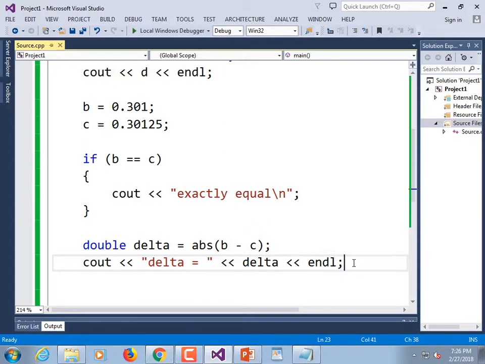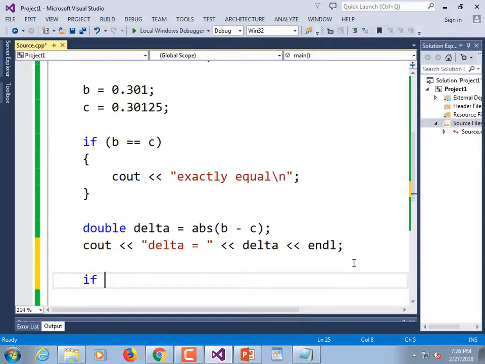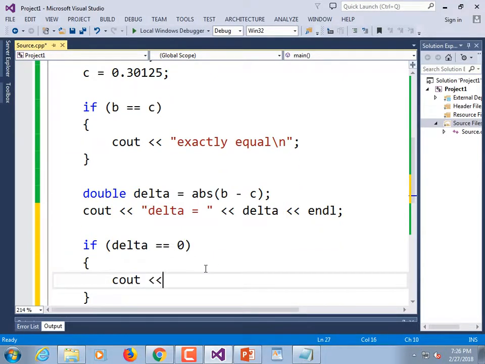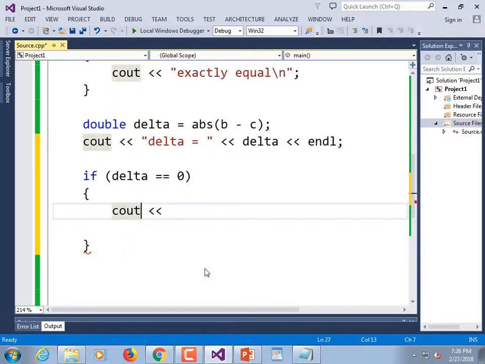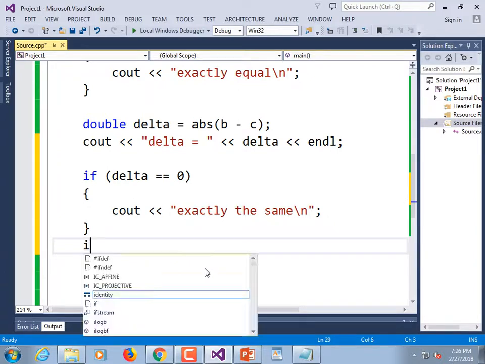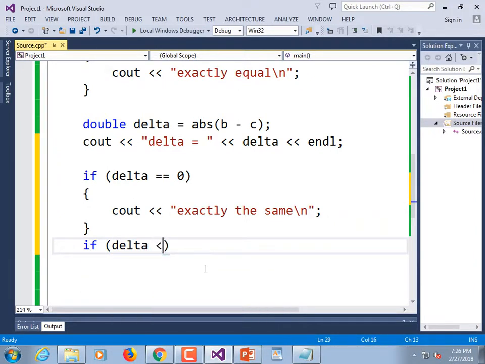If the difference is 0, they are exactly the same. So if we wanted a precise match, we would do this: if delta is equal to 0, they are exactly the same. If the delta is less than a certain error threshold,